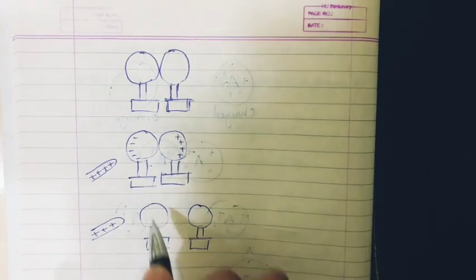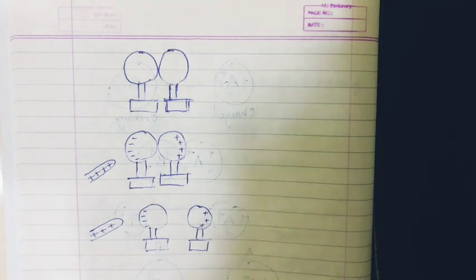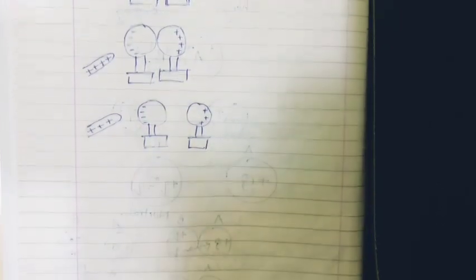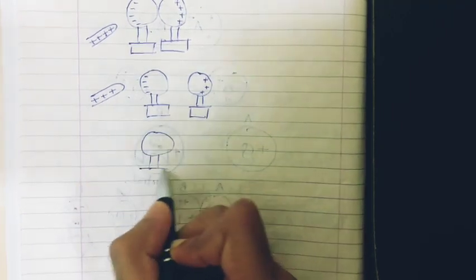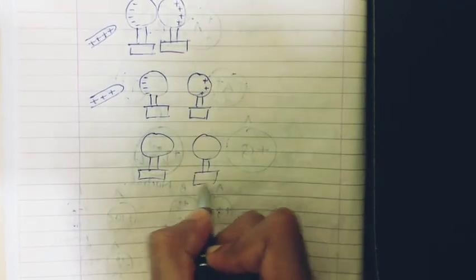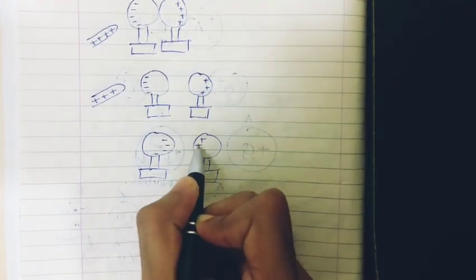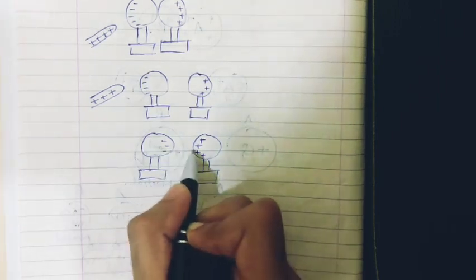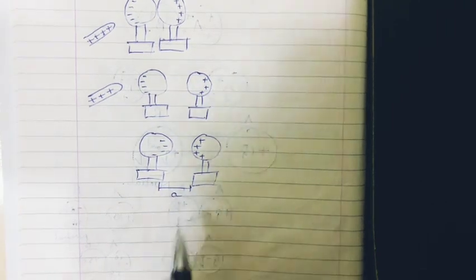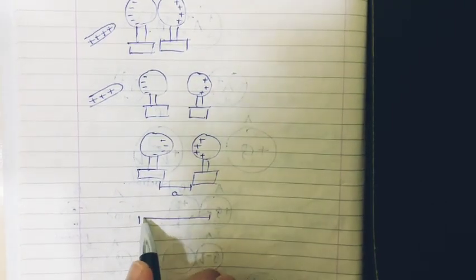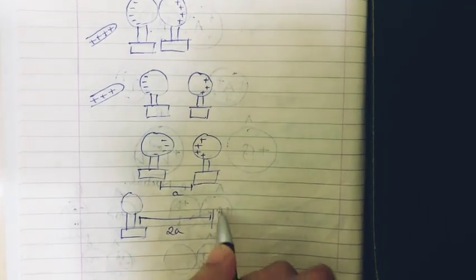So this one will be negatively charged and this one will be positively charged. In the next step I remove the glass rod. Once I remove the glass rod, the negative and positive charges get attracted towards each other and travel to the nearer faces. Now supposing the distance between them was A, I increase the distance to, let's say, 2A. I take them more apart, placing one over here and another over here.